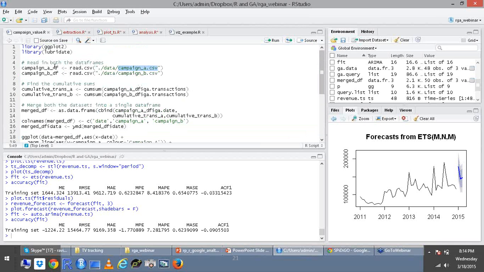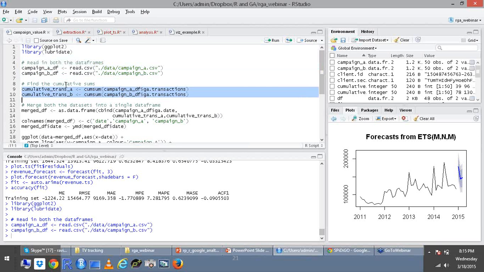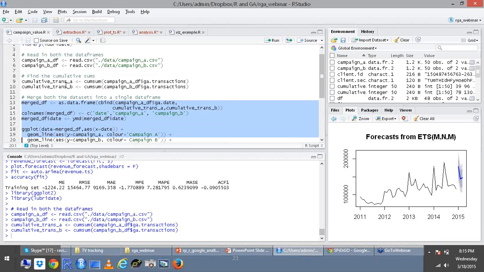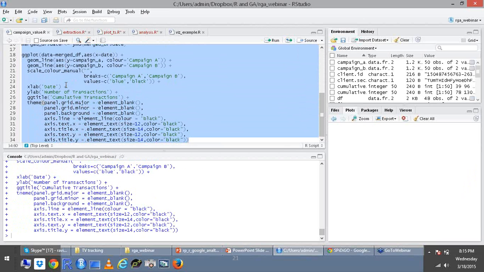I have campaign data available here in its library, and this is code which gets the cumulative transaction, and then I merge the data sets into a single chart, and then I use ggplot to showcase the chart.